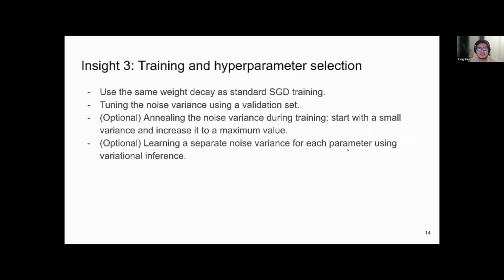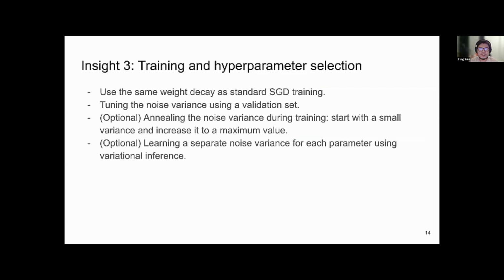And then insight number three is on training and hyperparameter selection. What I find is that we don't need to tune the weight decay specifically for this algorithm. If you have a default value, a good weight decay value for standard SGD training, then just use that same value for DAM.